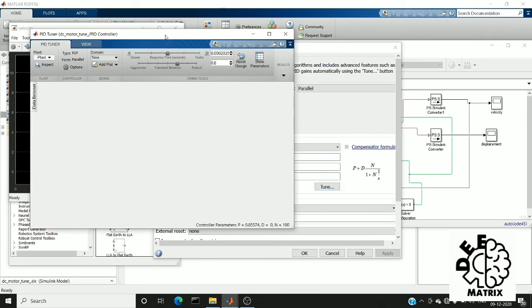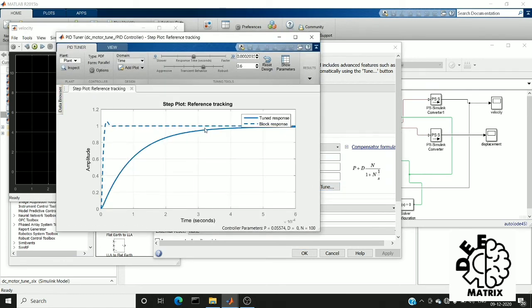Here is our tuning app, and this is our step response. You can see this is the tuned response and this is the block response. The block response is the response of the connection we have made, and this is the tuned value. We can also tune the value as we like.